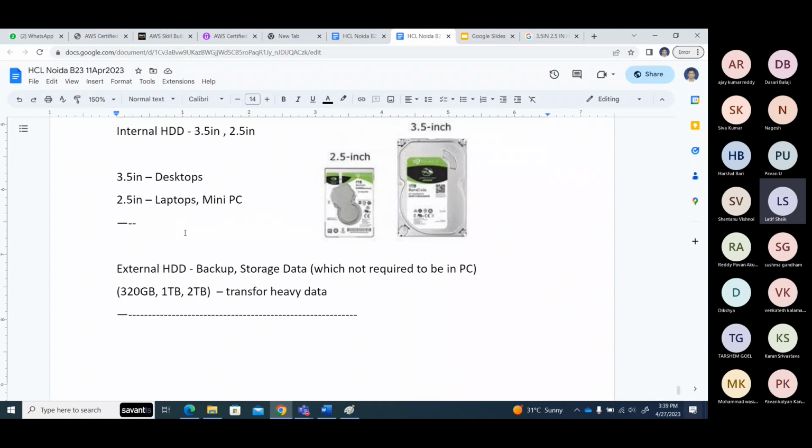That is the internal hard disk. What is an external hard disk? For example, my laptop or desktop is full of data, so I need to free up some space in my internal hard disk. So what I will do, I'll cut from my laptop and store it in an external hard disk. Maybe I have to transfer heavy data. Usually, last time one of our sirs asked about